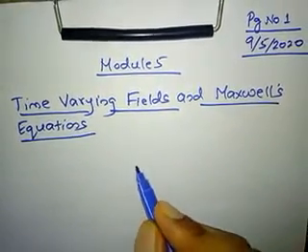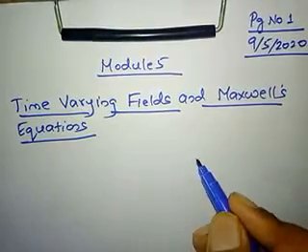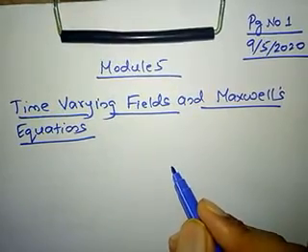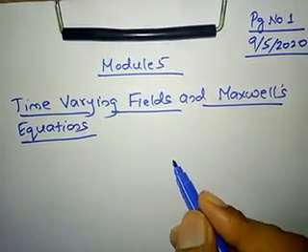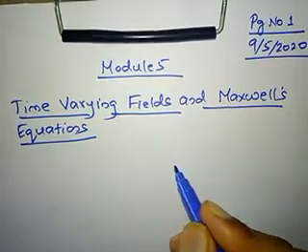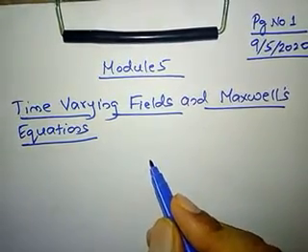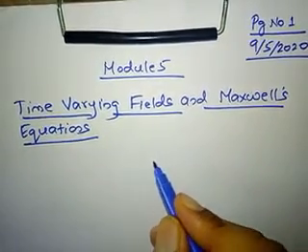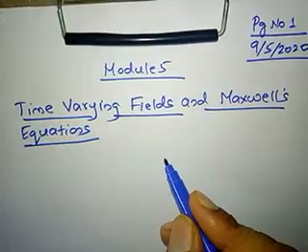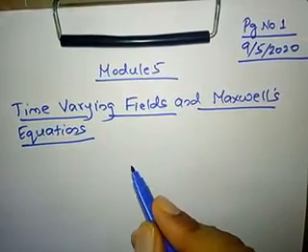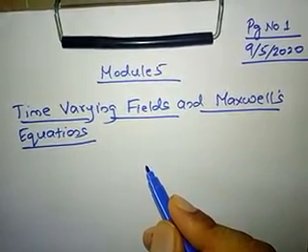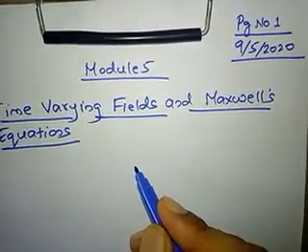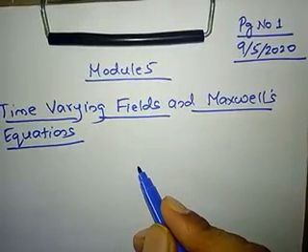So if there is an electric field, then the magnetic field may be induced. If there is a magnetic field, then the electric field may be induced. So both are interdependent upon each other. In electrostatics and magnetostatics, they are independent, that is, they do not depend upon each other. But in the time varying fields, the electric field and the magnetic field are interdependent. That means we can induce the magnetic field from the electric field, or we can induce the electric field from the magnetic field. So using this interdependency, we can write Maxwell's equations.